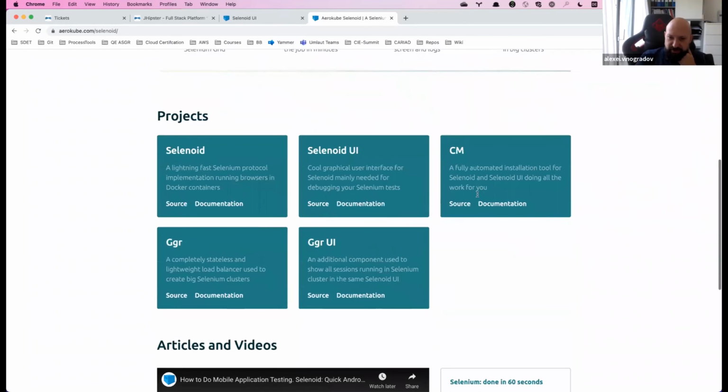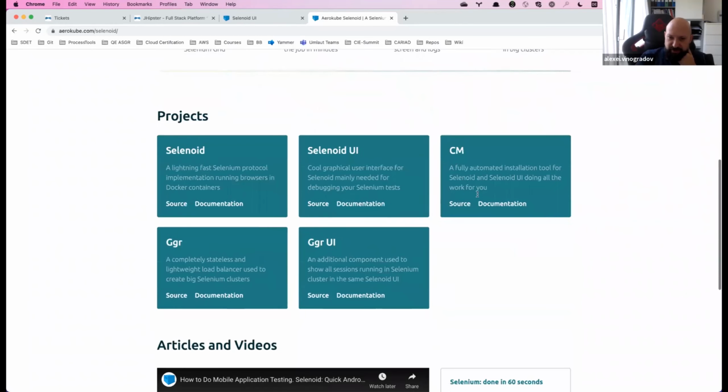Yes, and Selenoid is basically, you can understand as Selenium Grid technology, but with its own implementation. So the protocols are the same, so the interface is the same, but the implementation, they say it's more stable. And at least I know that with Selenium 3, it was really more stable, because Selenium Grid with Selenium 3 was not very stable. With Selenium 4, I've heard that Selenium Grid was getting better, but still, Selenoid is at least as stable as Selenium Grid.